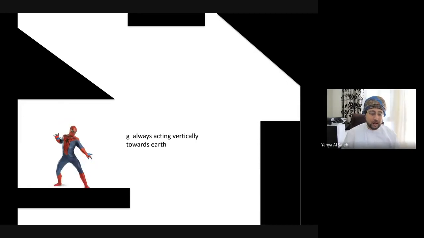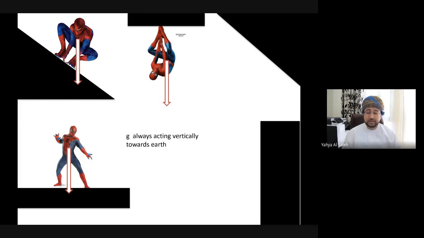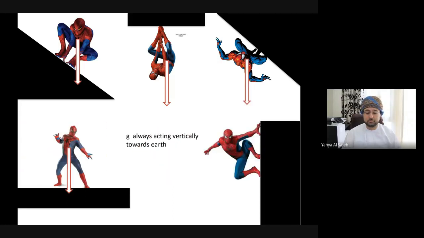Okay, if we're standing up, gravity is downwards. If at an angle, gravity is still downwards. If it's upside down, gravity is still downwards. This way, still vertically downwards. Attached to a wall, still vertically downwards. And